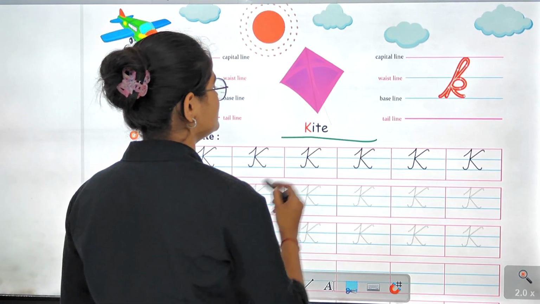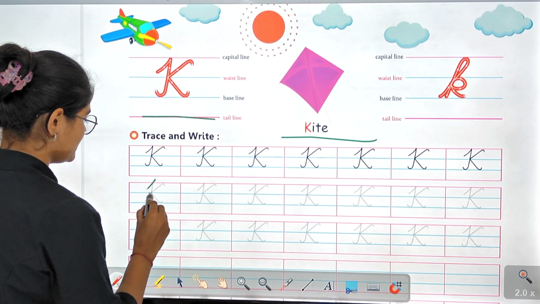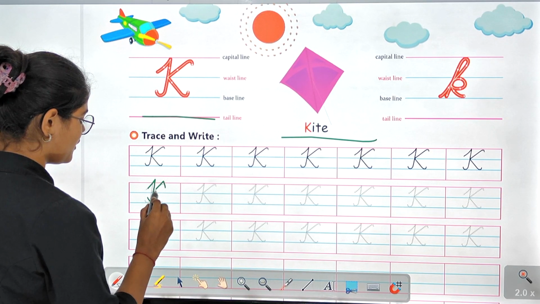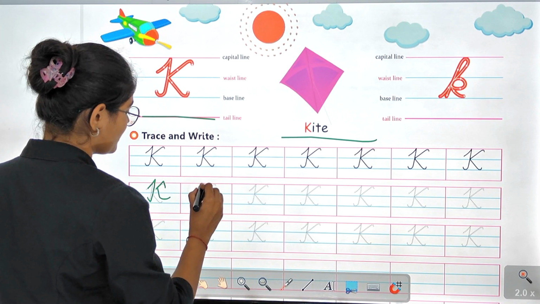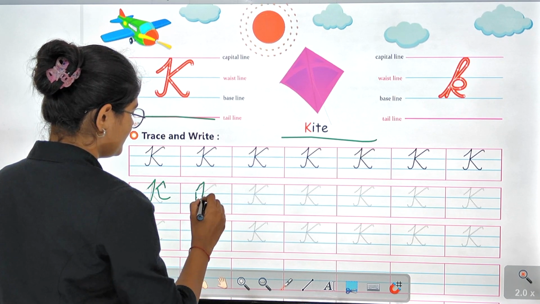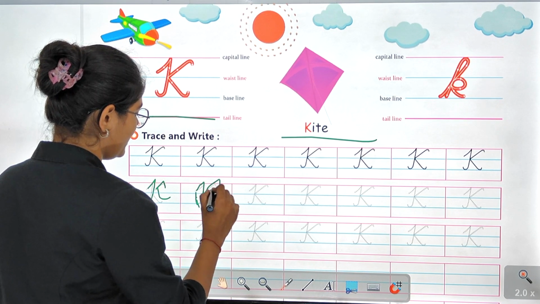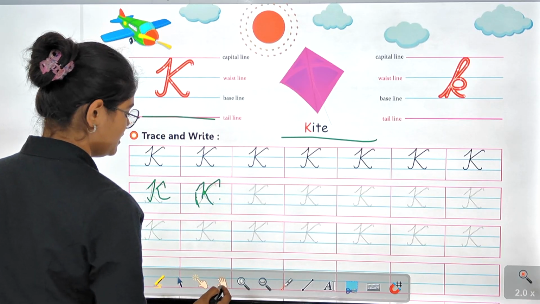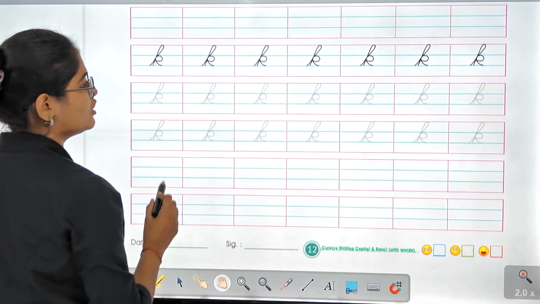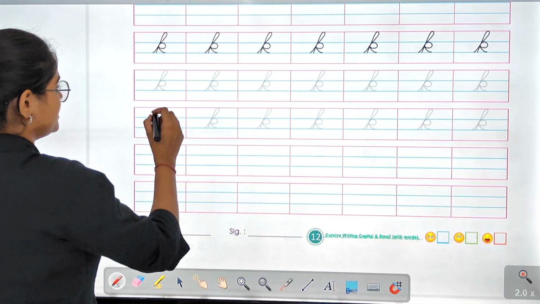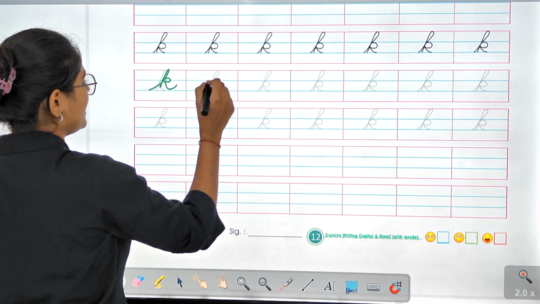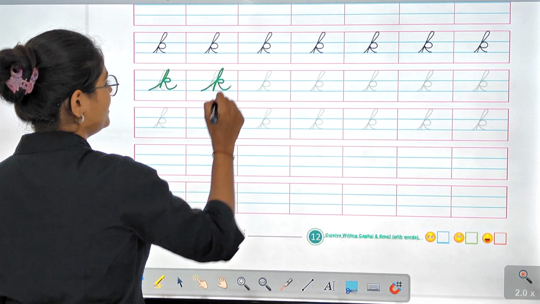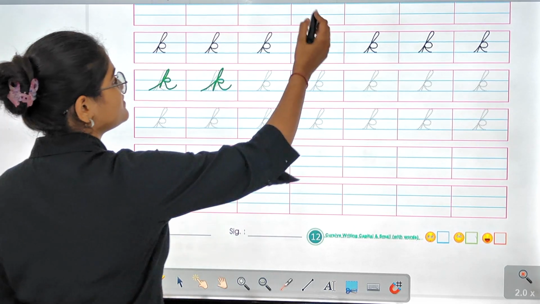K for kite. Let's read kite. K for kite. Moving ahead to the small letters. Let's begin with it. K for kite. After that,